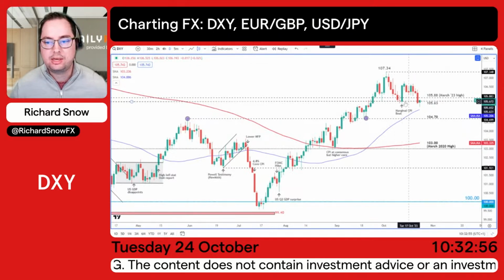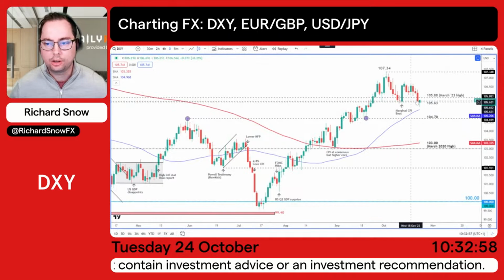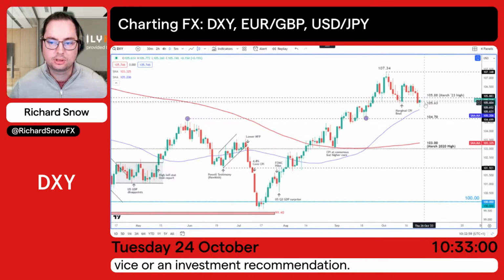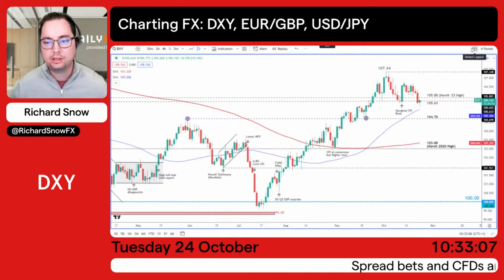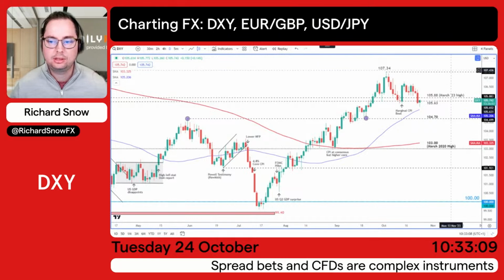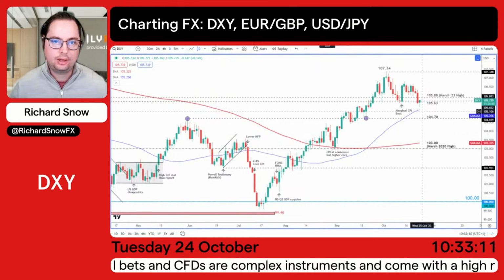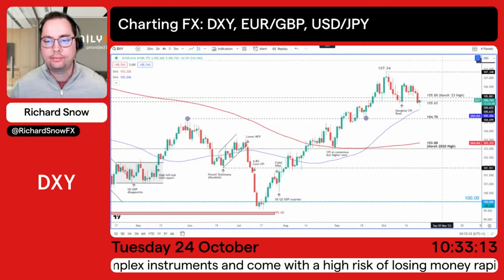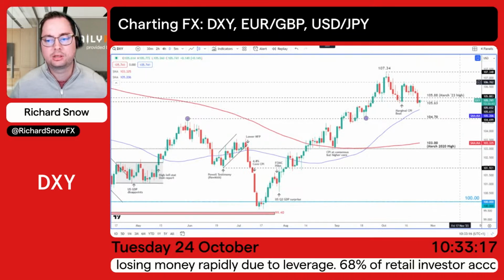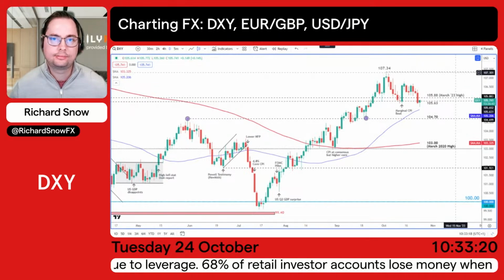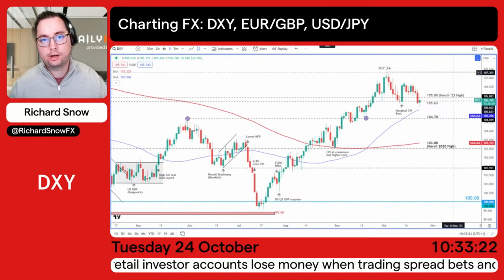We're seeing the test of the prior swing low, but at the moment the dollar is holding above those levels. So 105.63 is something to look out for on the downside. Not far from there, we get the 50 SMA, the simple moving average. That's the blue line that could provide some support for the dollar,